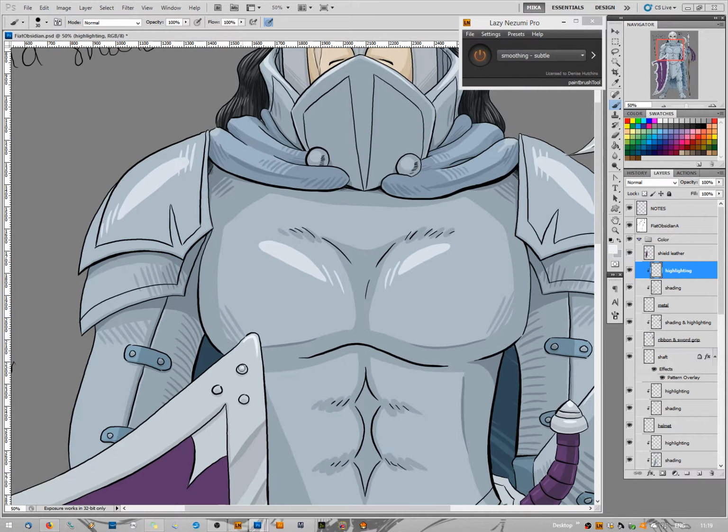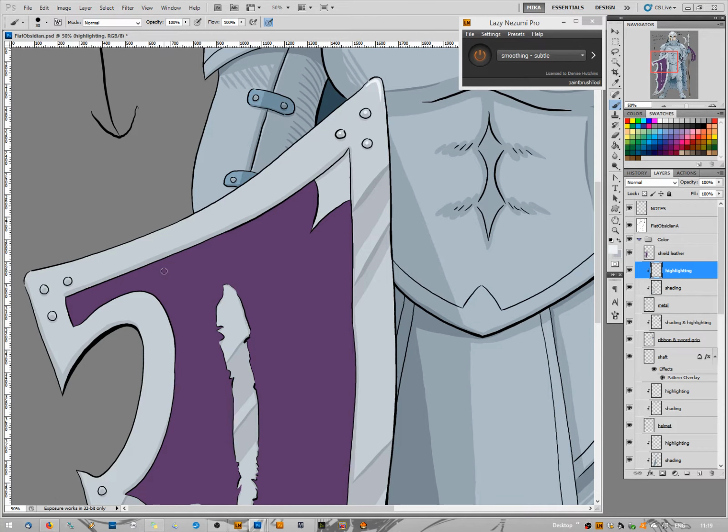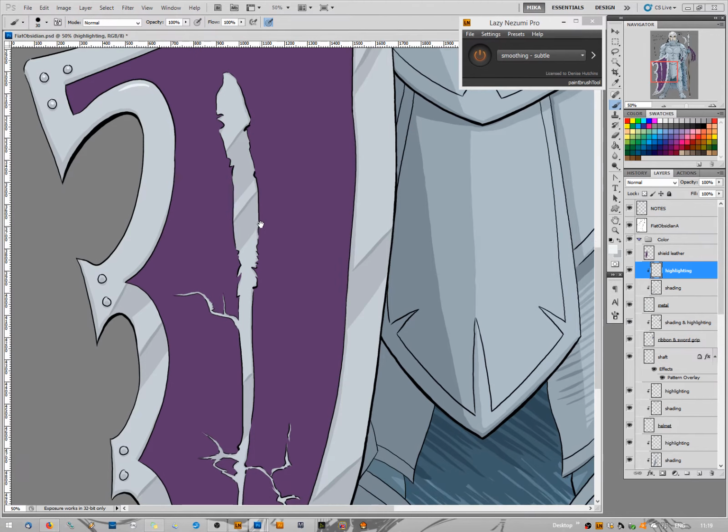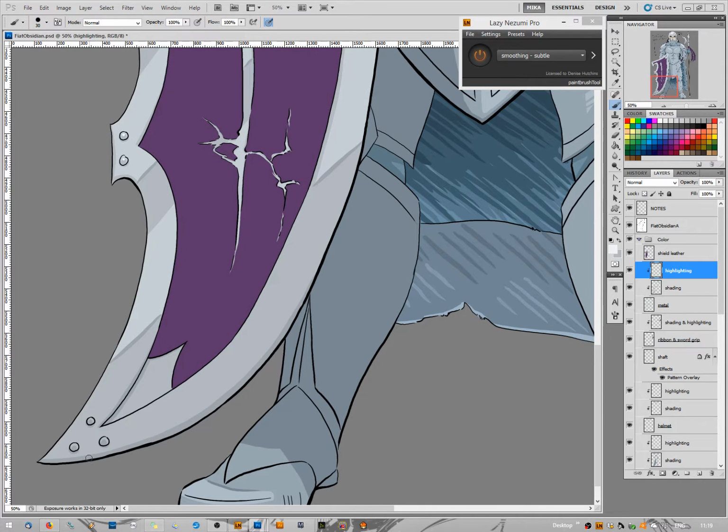Okay, let's do some highlights on these as well. Just to make them look like they are sticking out from everything else. Do a little right there. A little right there. It's good, it's good. Here also, I think, highlight there. Here's some more rivets. More rivets. Now here,